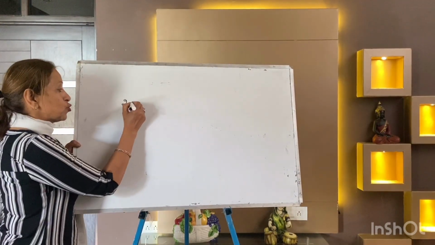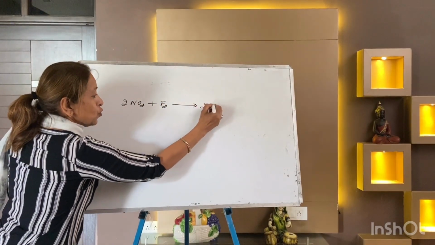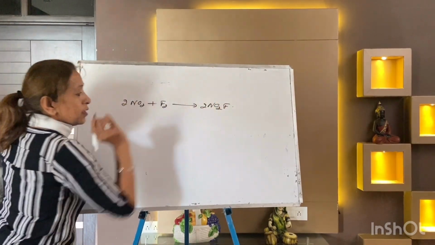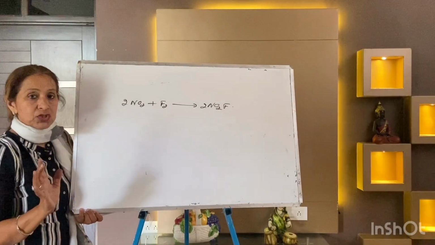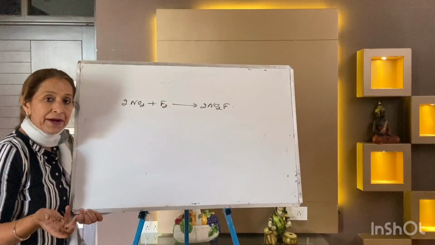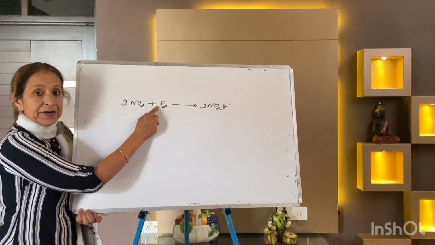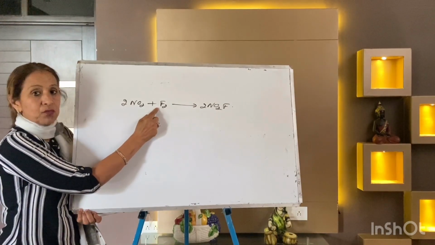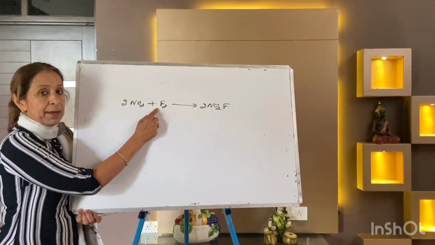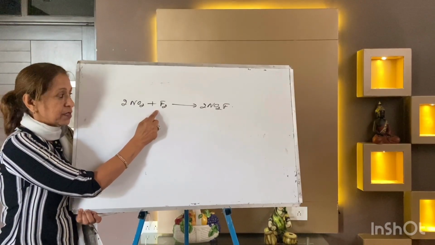The reaction is 2NO2 plus F2 arrow 2NO2F. Now I am taking it in detail. This is my reaction. Now what is the molecularity? 3, 2 and 1, 3. The molecularity is 3. And molecularity can never be more than 2. Why? Because of the same thing that I told you just now about the accidents of the vehicles.